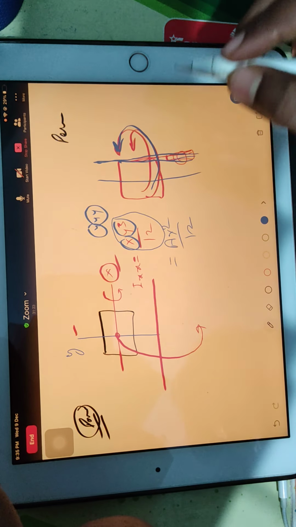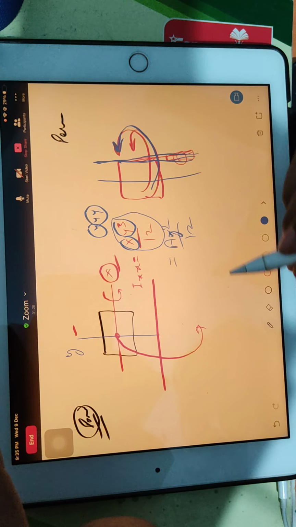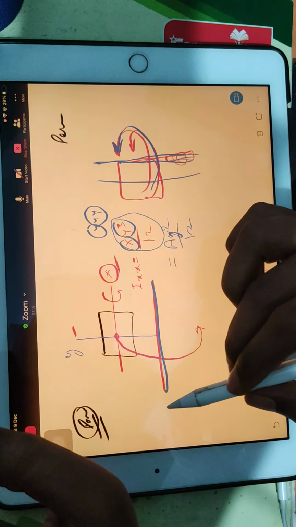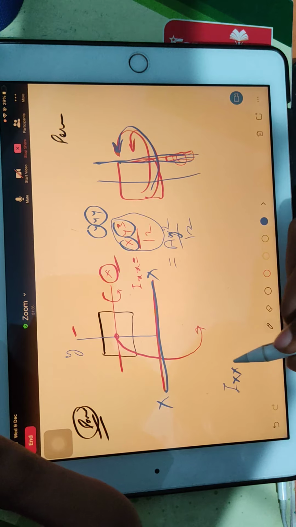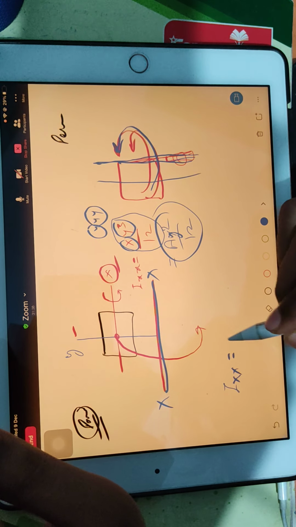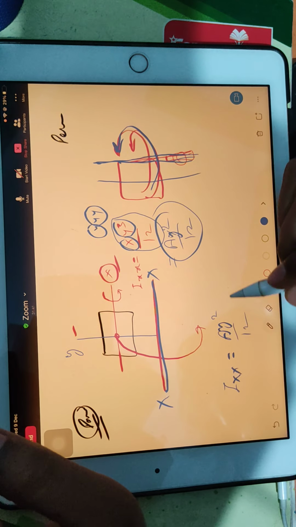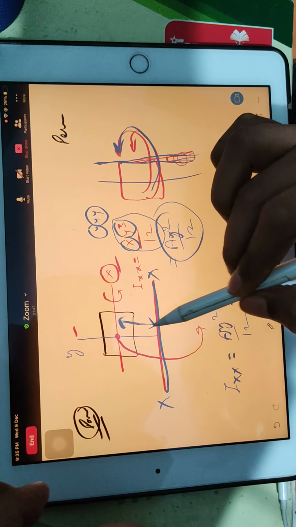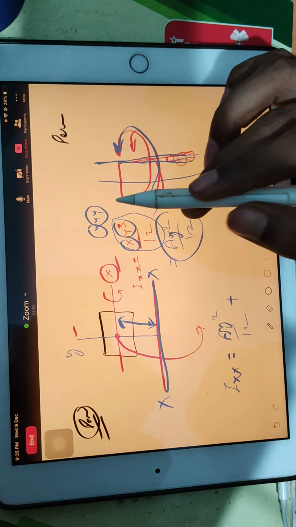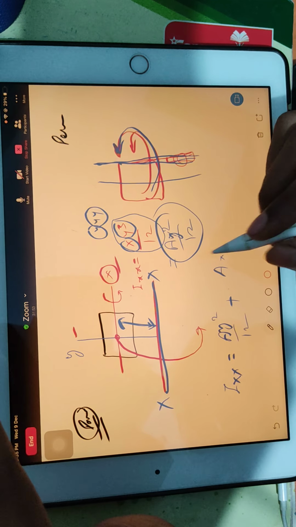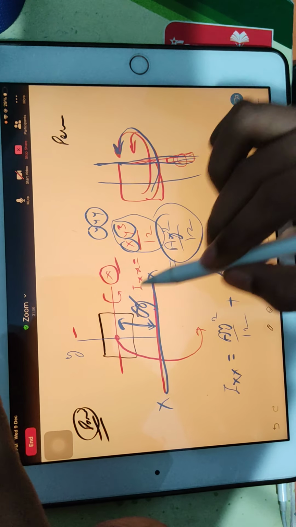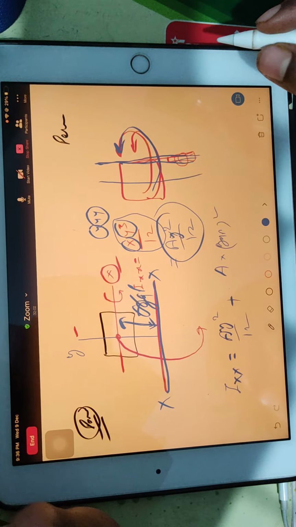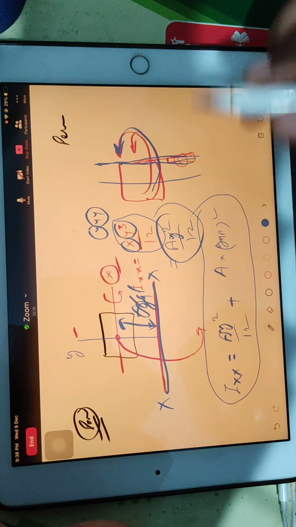So A y square by 12. And the next thing is, what about this axis? Only one smartness you have to do. This time you consider it as capital X. This time your I-axis will be your previous answer, that is A y square by 12, plus an extra thing. What is the extra thing? Whatever gap is there, that gap squared into the area. It means area will be there again, but with the gap. Suppose this gap is r, or you say gap is g, whatever you want to write, you write the gap squared. Okay, that's all. This is called the parallel axis theorem.